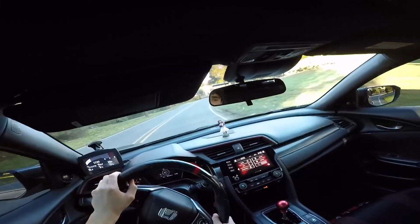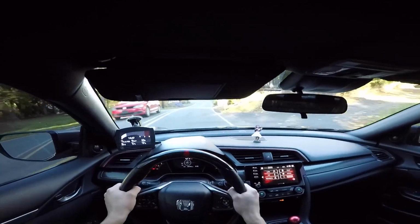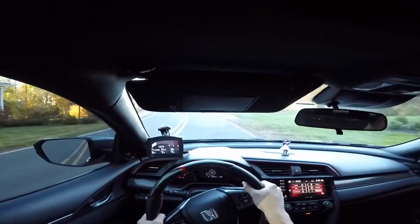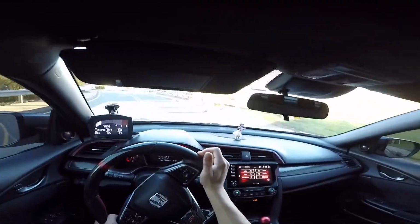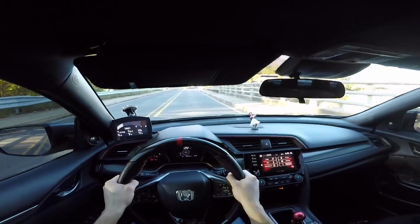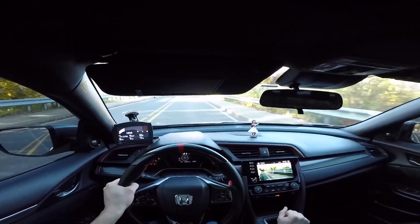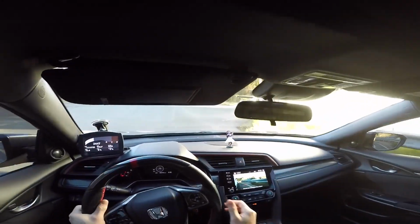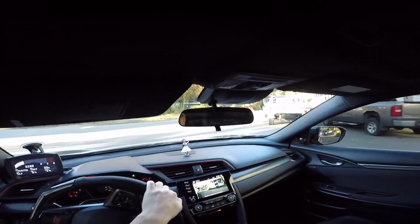But you have to be realistic with yourself. You're not going to achieve big power numbers with these cars. At the end of the day, 1.5 liters is just not enough displacement. There's no replacement for displacement, right? So to get those big power numbers, like right now at mid threes where I am, to get to 4 is a huge benchmark,